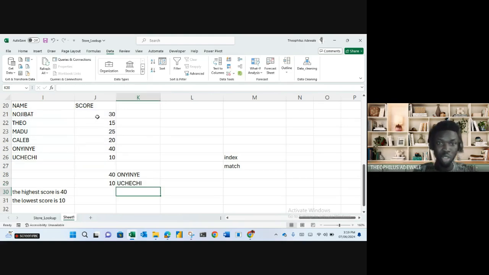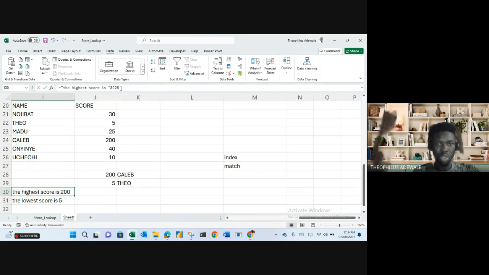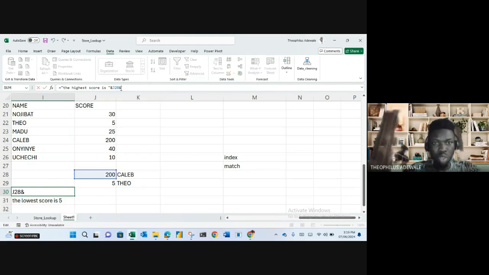Let's change the score. So let's say somebody makes the highest score change, and the name will change. Lowest score, let's say the lowest score suddenly changed. So see that the highest score is 200. I can put another ampersand. The highest score is 200 by